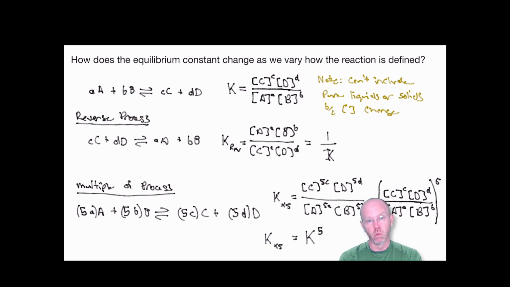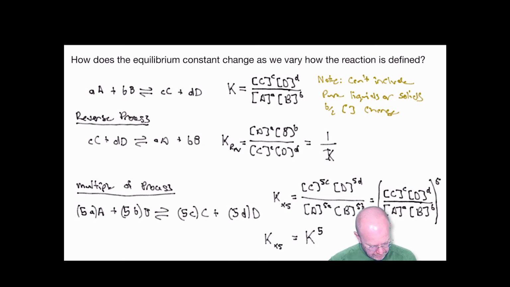All right, so that's one way we might need to change the way we write a reaction. Another thing that we commonly do is sometimes we have to multiply a reaction by some factor for some calculation that we need to do. So say, for example, we're going to take this original process and we want to do it five times that amount. So if we did 5 times that amount, we would have to multiply each of those species